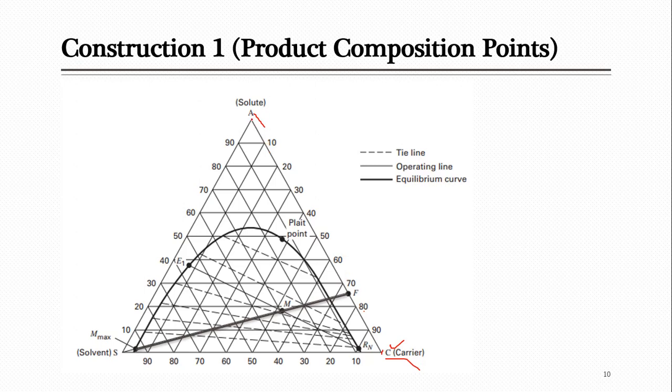So on the opposite side, when you look at the edge opposite to the apex, you remember the value is 0. So it means these numbers are for the carrier. And if you have to look for A, now either these numbers on this side are for A or for the solvent. You can see that A is 100% here, so now its amount will decrease, and you can see the decrease taking place here. If it was solvent, definitely it should be S here, then it should be 90 and so on, but it is decreasing from A towards this side.